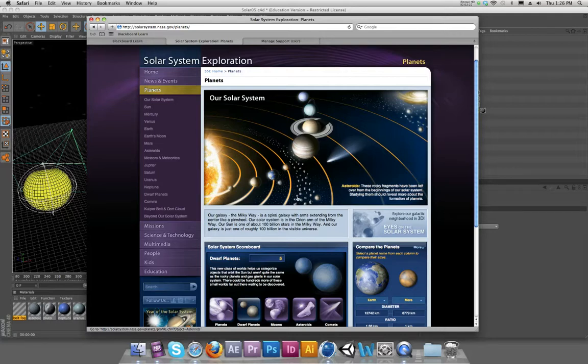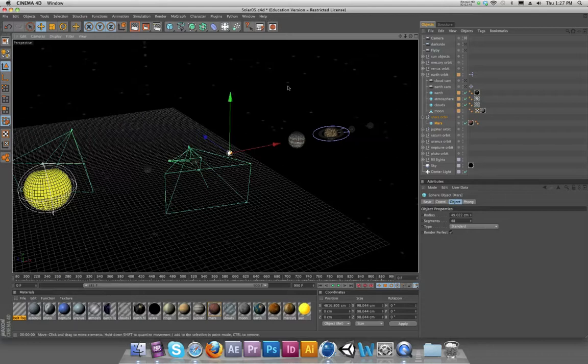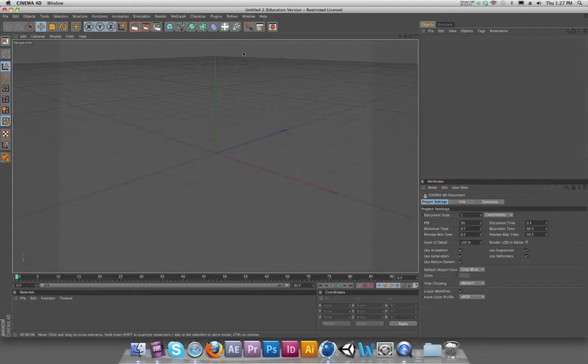I think it's a pretty interesting thing, and again, it could give me something kind of cool to fly through with a camera a little bit later on in my presentation. And so I want to build this asteroid field, but I don't want to spend the rest of my day working on that. And so I think with just leveraging some tools inside Cinema 4D, I think I can get at this pretty quickly. Now, I'm going to create a new document, and